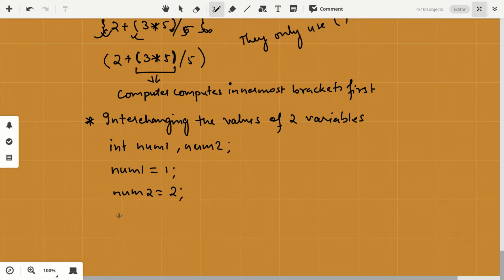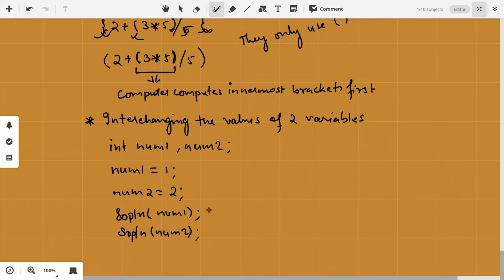Now if you print here System.out.println, I'll write in short SOPLN. You should not write this in the computer, I'm just writing in rough. You print num1 here, and then you use num2 here.